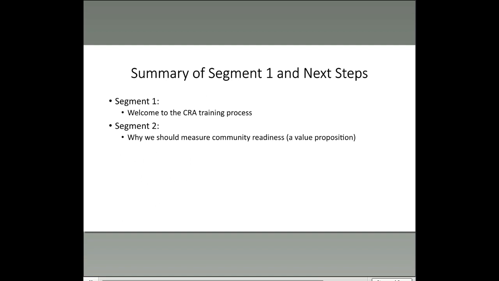This segment, number 1, has been a very brief overview of the CRA training process, what community readiness is, and how to assess it. Segment 2 is going to focus on why we should measure community readiness. It will tell you why that investment of time and human resources will be valuable to your coalition and to your community. And in doing so, we will co-create a value proposition that will guide your